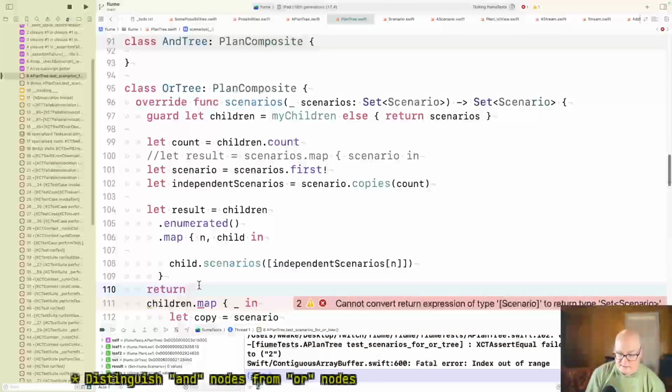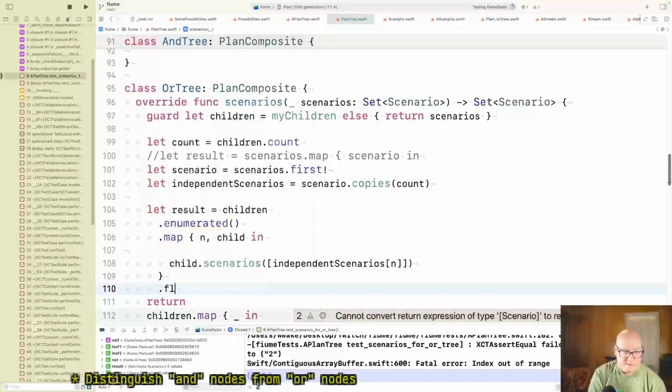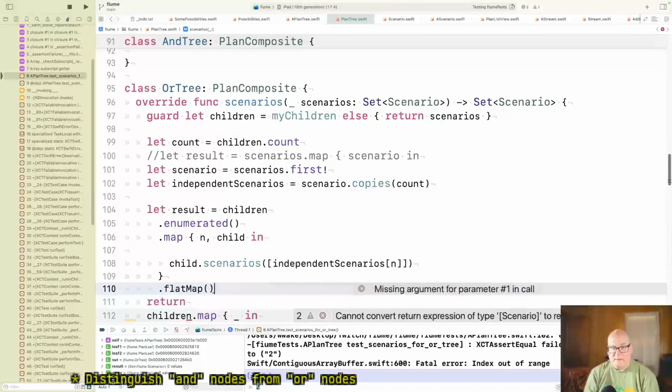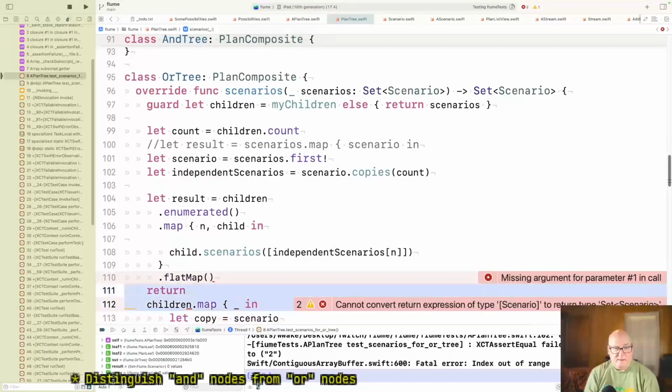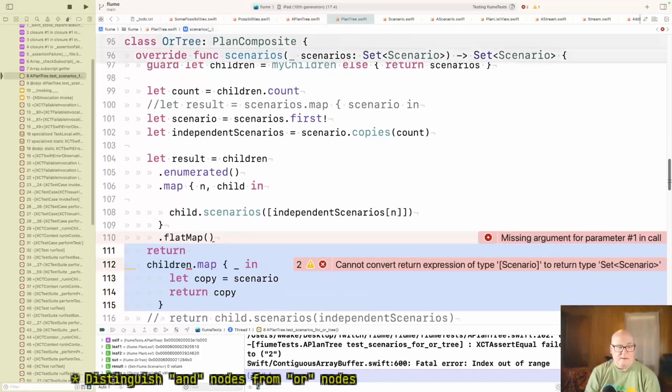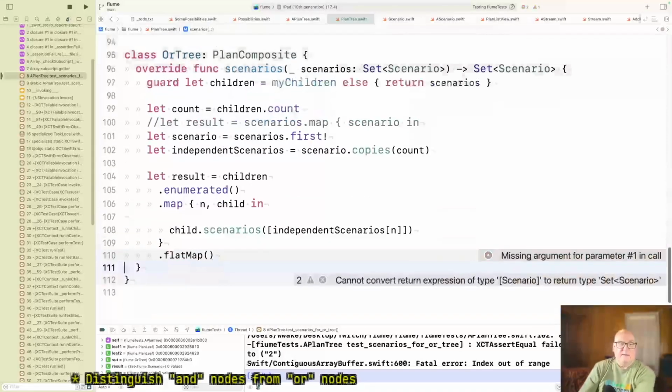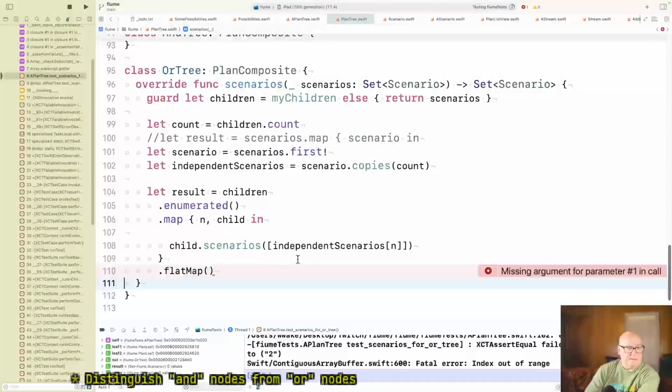Is that a flat map? Okay, I'm trying to return a set of scenarios. Missing parameter for... And my problem is I've got too many. I've got a list of them.